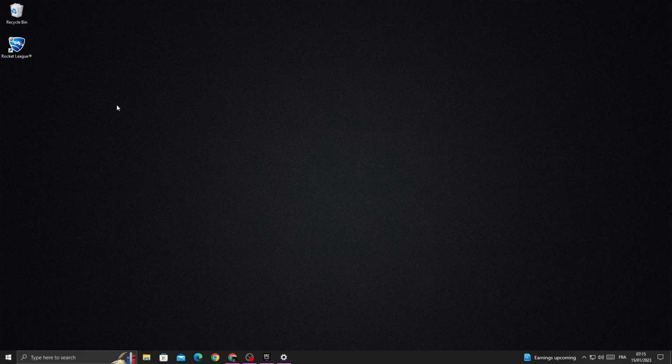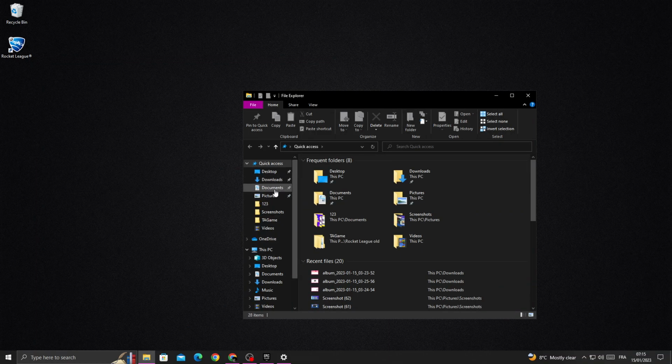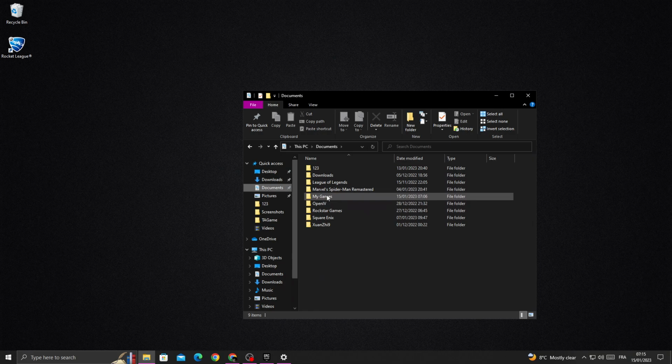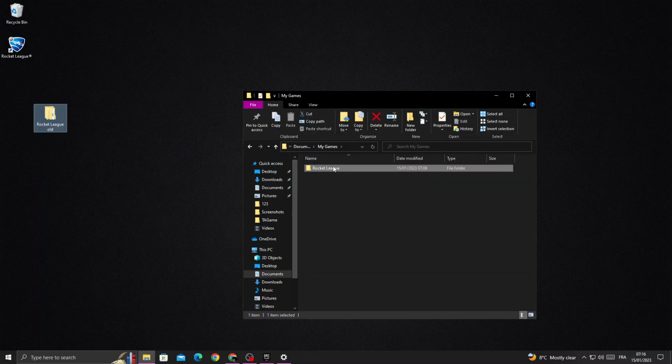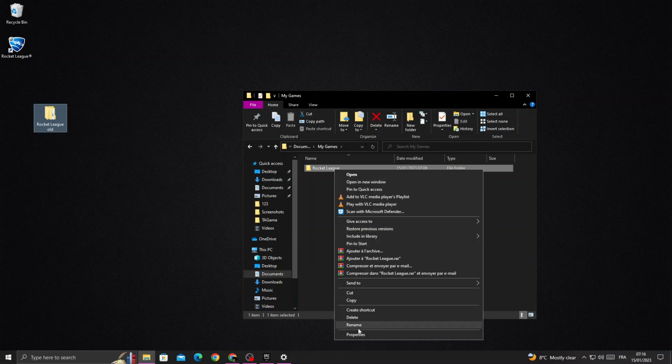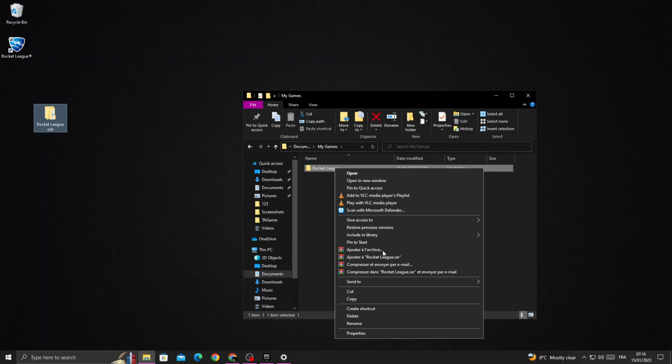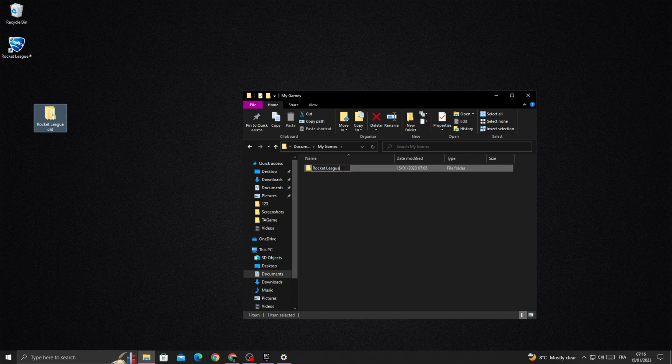And if you can't find any update and that doesn't help you to fix your problem, just open your file explorer and then go to documents and then my games, and here you will find it like that. Just click on it and then click rename, and then type old